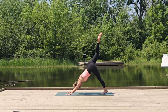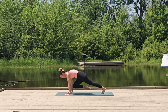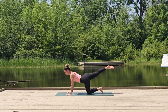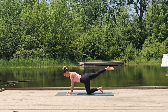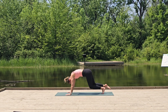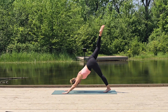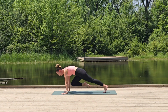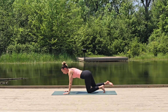Shift forward to high plank, knee to chest, and lower back down to all fours, right leg extended. One more time, knee to chest, pushing back, three-legged down dog, forward to high plank, knee to chest, and lower to the mat, leg extended,